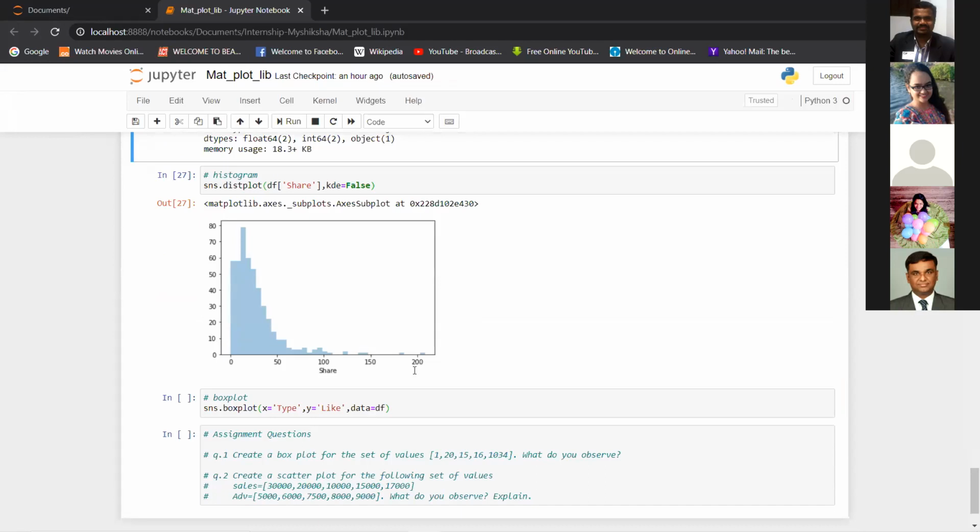So no questions? Can we move to the last section, box plot? This is similar to the box plot we have in Matplotlib.